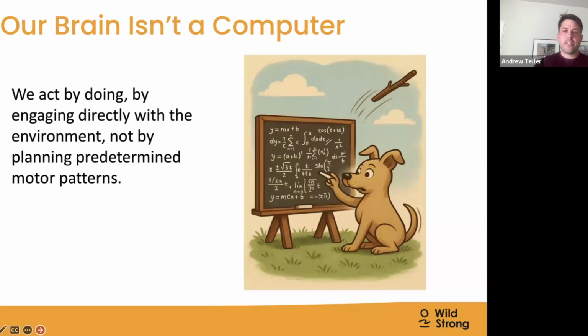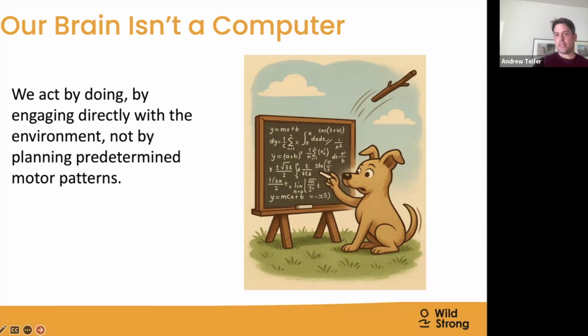And one of the other issues with this model is that a lot of these models, these information processing models, these central CEO models of movement, use this analogy. They pretend our brain is a computer. But our brain isn't a computer. So in this picture right here, you have a dog, someone's throwing a stick at the dog, and the dog, before it can go and catch the stick, has to sit down and do all these calculations. It has to start thinking about, well, what is the curve? What is the velocity? What is the mass? What is the trajectory of the parabola of the stick as I'm throwing it? That's not how it works.